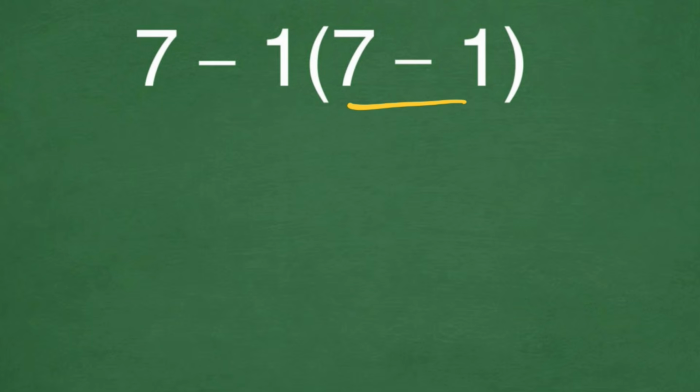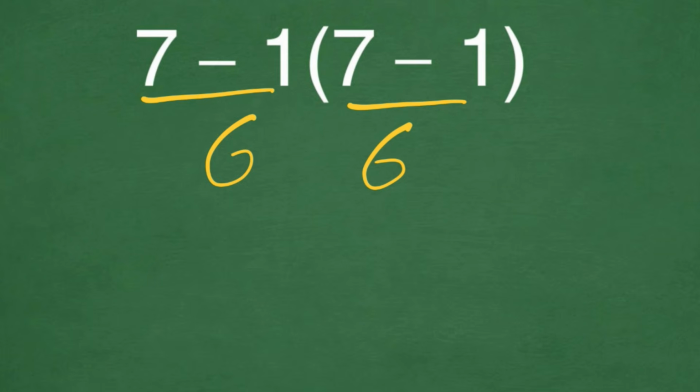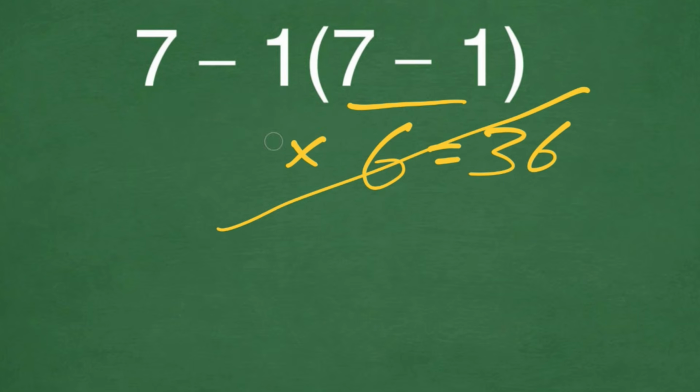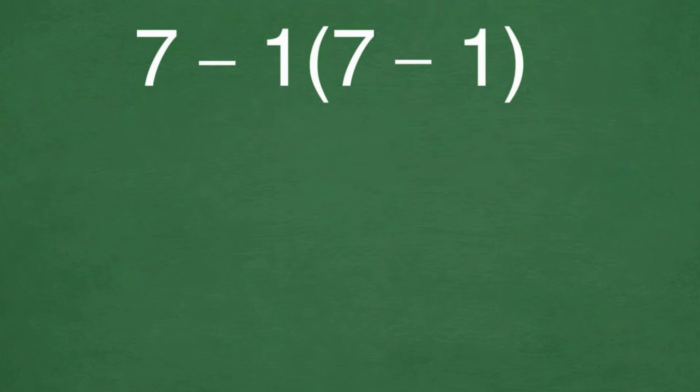7 minus 1 gives us 6. And again, 7 minus 1 gives us 6. And 6 times 6 is equal to 36. But this answer is not correct because according to the order of operations, PEMDAS,